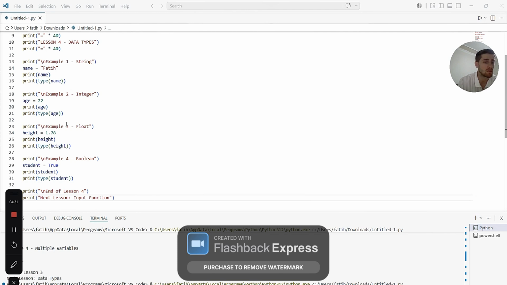And here we have a decimal value, which creates a float variable. Print it prints the decimal number. Print type shows the data type, and the output is class float. Then student equals True creates a boolean variable.